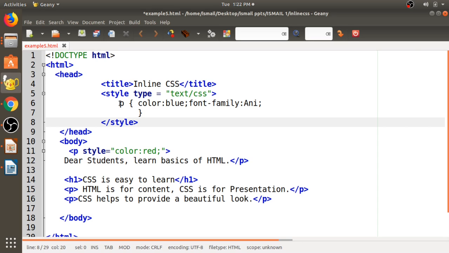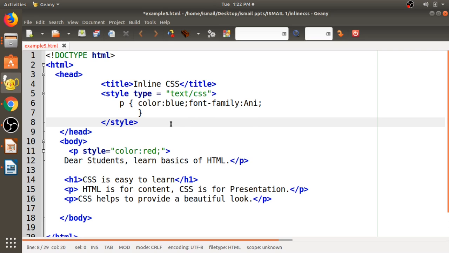Here this is the CSS rule set. P is the selector, and within curly braces you write declaration block. Property name is color, colon, blue is the property value, semicolon. Second property is font family, which is set to any.